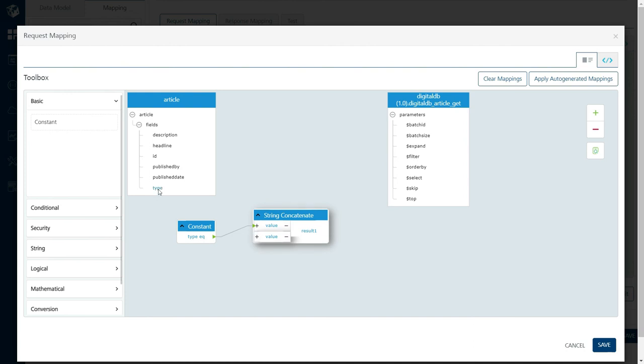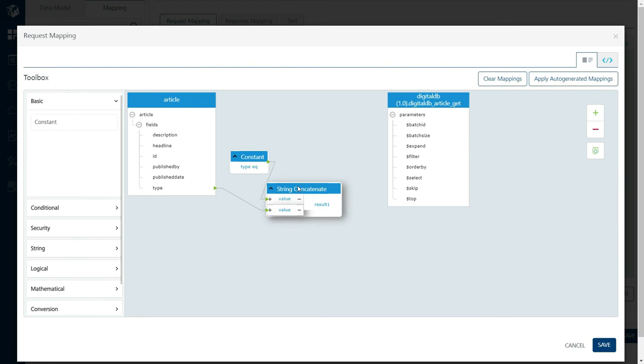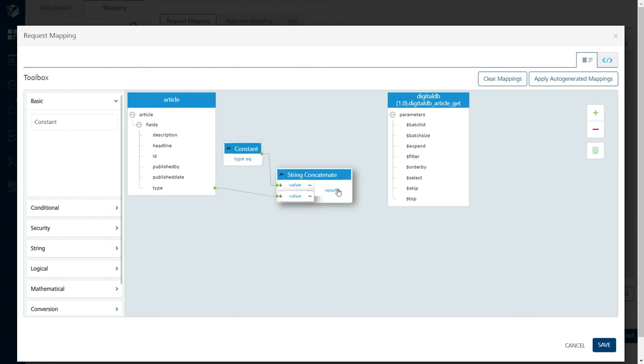I am passing the value of the type parameter that is coming from the front end application as the second input parameter. So now the type EQ will be concatenated with the value of the type parameter coming from the front end application. And this concatenated value, I am passing to the value of the $filter parameter of the integration service.